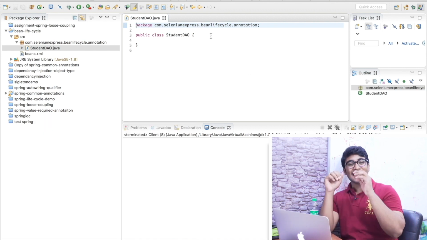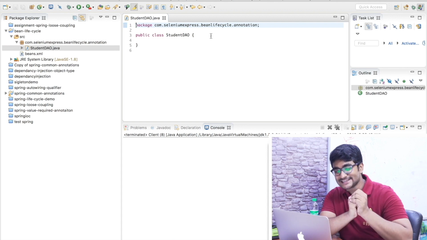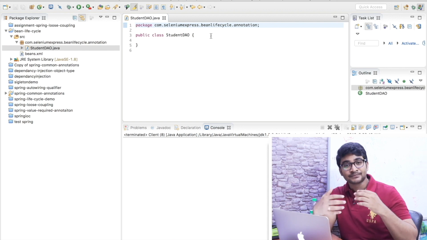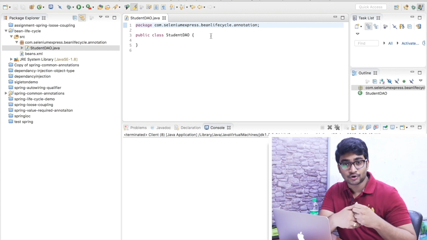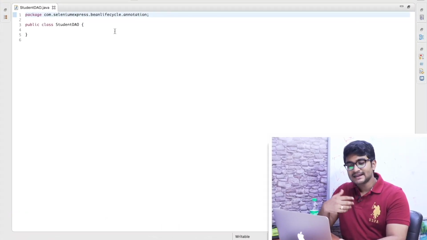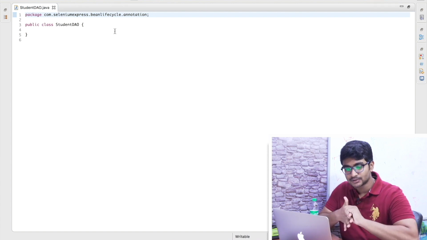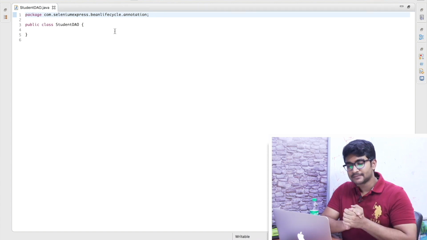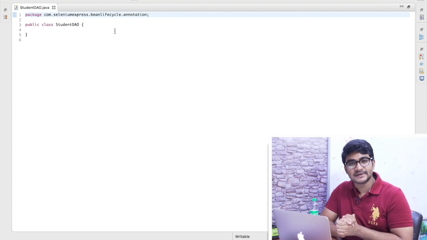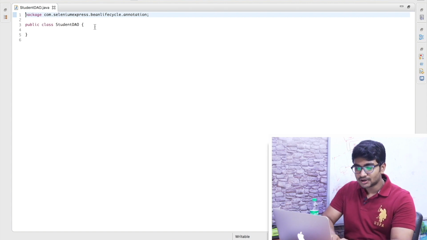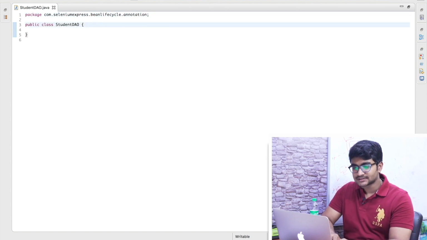Just joking. I'm going to use JDBC code over here to demonstrate the Bean lifecycle and the importance of Bean lifecycle methods. So my intention is to create some real-time scenario so that you guys will be pretty much comfortable with these Bean lifecycle methods, right? So as I said, I'm going to write some JDBC code over here,